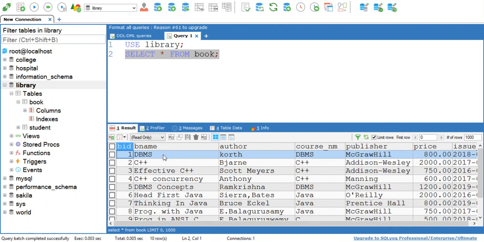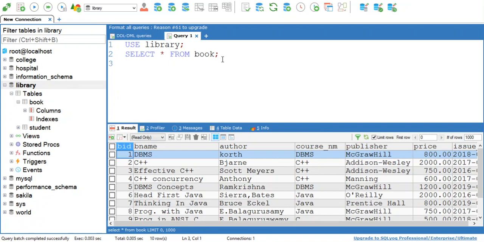Here we have book name, which is a string attribute, author is a string attribute, course name, publisher, these all are string attributes. Okay, so we can use these attributes as an input to a string function, or we can use any user defined value as an input to a string function.